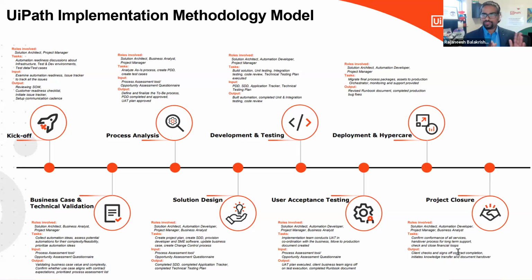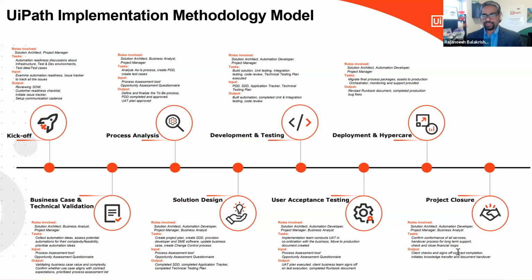Each phase, before you move to the next phase, something has to be signed off, right? So in this phase, the output is the PDD and the UAT plan. The UAT plan covers what test data is involved, what applications we are going to test, what scenarios we are going to test, and what the expected output is, right? These are the things that we document in the UAT plan. And who are the stakeholders that we are going to involve with us in the UAT testing, and who are the